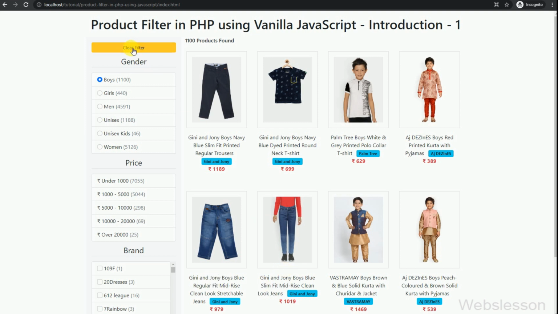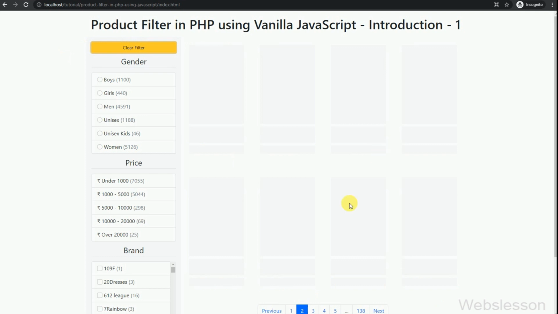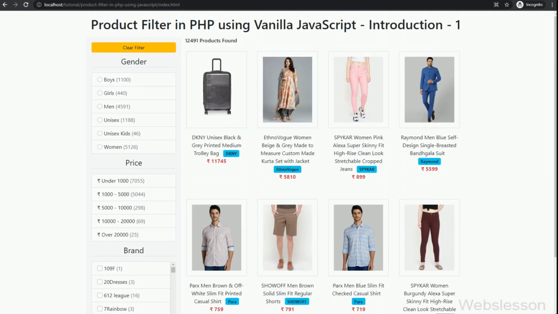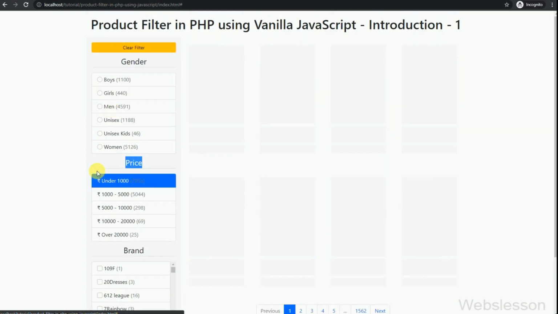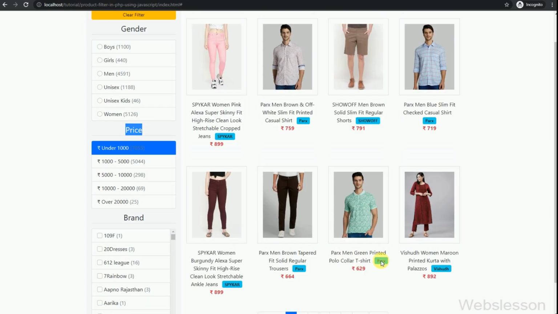Next we will show you the price filter, so first we have cleared the filter by clicking on this clear filter button. Now in the price filter, we can see the list of different prices. Suppose we want to list products which come under 1000, so we have simply clicked on the under 1000 price range, and after clicking here, we can see that the data has been loaded.